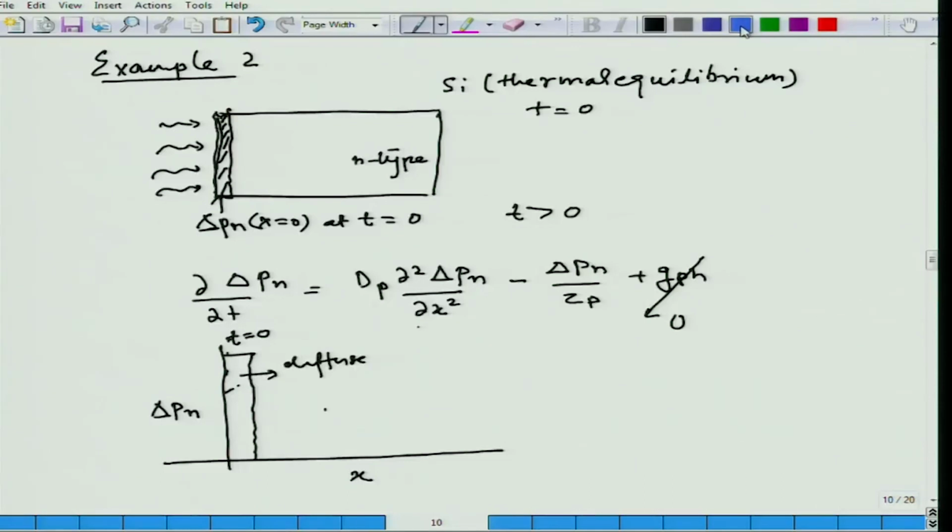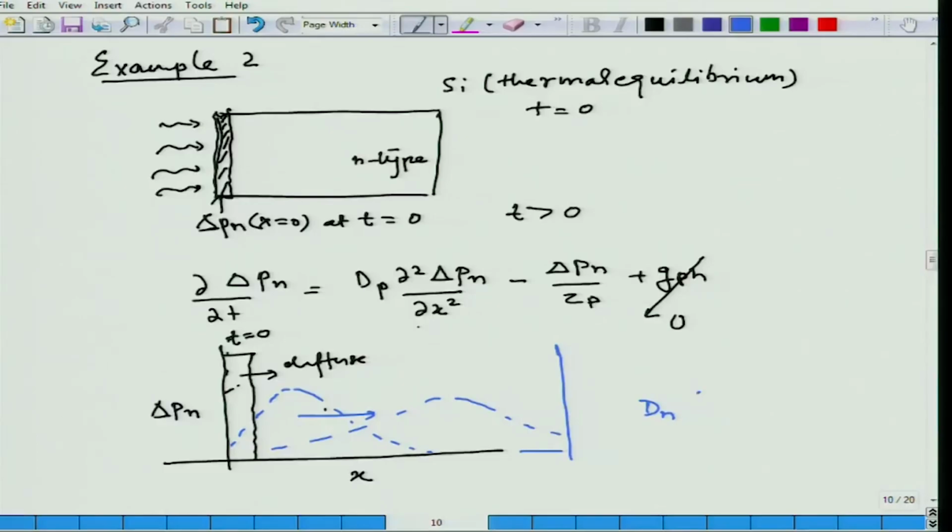The solution is represented by a moving front which is diffusing as well as moving in this direction because of the electric field that is generated. So, this is what happens when we have a minority carrier diffusion equation and we try to apply it to certain situations. Once again this is an example which is used quite often, because when we are trying to calculate the diffusion constant